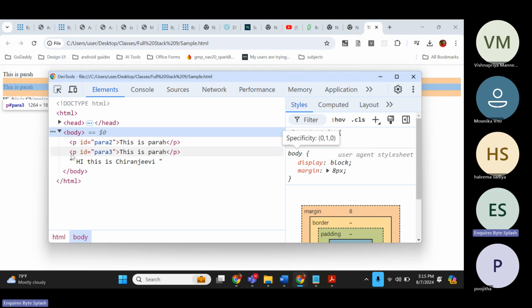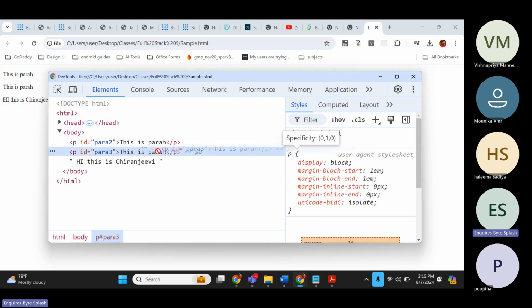So now tell me what it is all called. This is the opening tag, right? And this is the closing tag. And whatever you write inside opening and closing, that will become content. Like HTML opening and closing tag and HTML content. You got it? And this one what we'll call